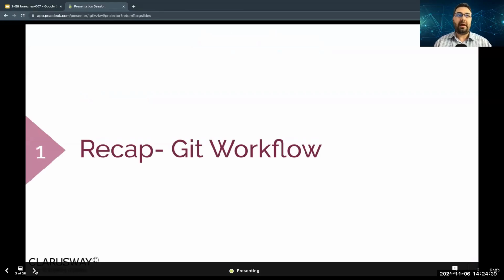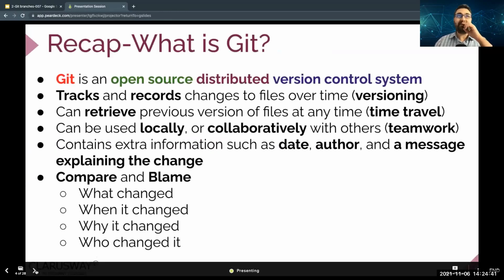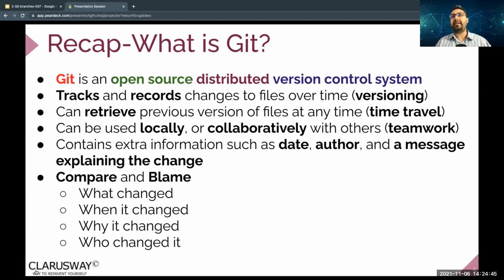And now, the quick recap. Well, we all know that Git is a version control system. Actually, there are more, but Git is the most popular one, and many companies are using Git. If you learn Git, you can adapt to other version control systems easily, don't worry.